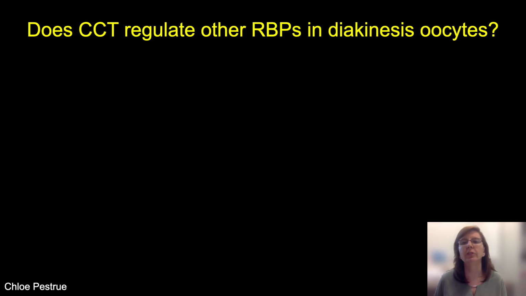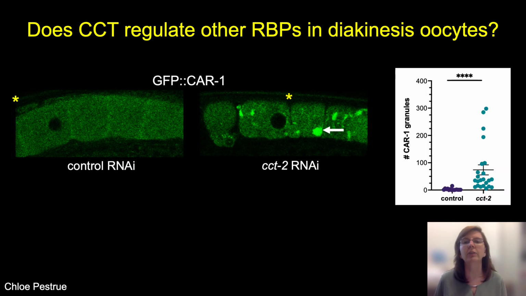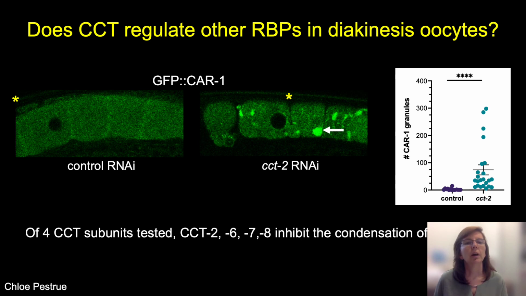We next asked if CCT regulates other RBPs in diakinesis oocytes. We observed large condensates of the CAR1 protein in oocytes after depletion of CCT2, as shown by the arrow here. Of 4 subunits we've tested so far, CCT2, 6, 7, and 8 inhibit the condensation of CAR1. So it will be interesting to see if other subunits have a similar phenotype. But in any case, the penetrant and dramatic condensation phenotypes indicate that CCT modulates the condensation of multiple RBPs in